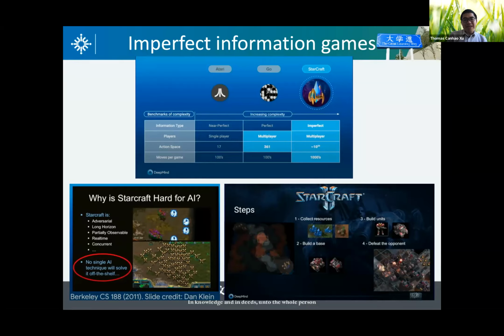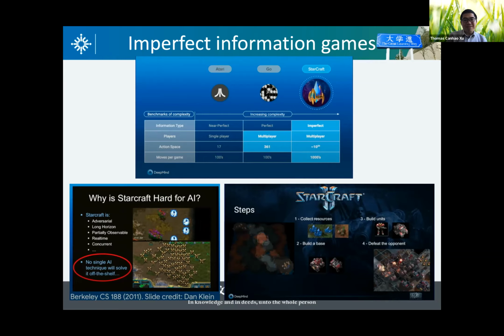But in a lot of games, the information is hidden. So basically we call these imperfect information games. Like StarCraft, the real-time strategy game, it is totally imperfect because you don't know what the opponent is doing. For example, maybe the opponent is collecting resources or building some units or building some base and moving, and there is this fog of war. So everything you don't know.